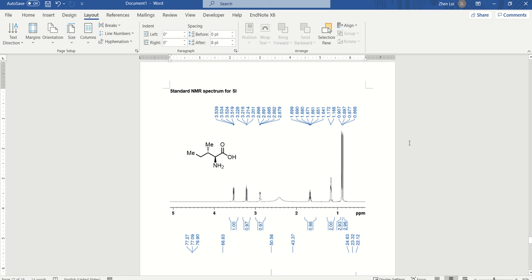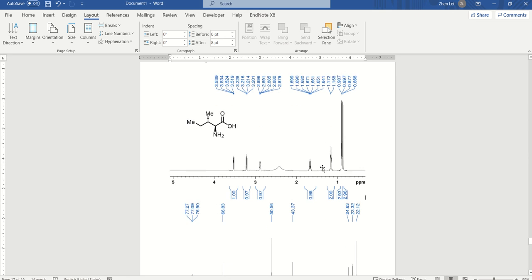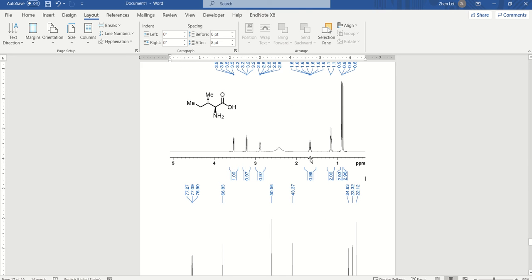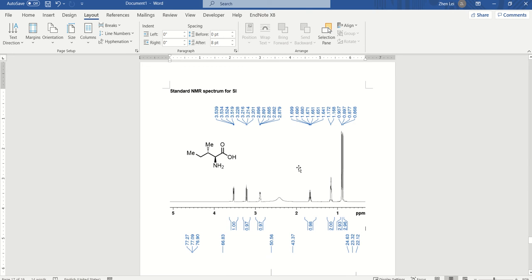So in this video, I want to show you how to use TopSpin software to generate a standard NMR spectrum for your SI or for your presentation. For example, isoleucinol, with this structure looking like here, and I have two spectra, one proton, the other one carbon. I put the green color on here, and for the curve I put this black color here. So how to generate the standard spectrum, you can actually customize how your spectrum looks like